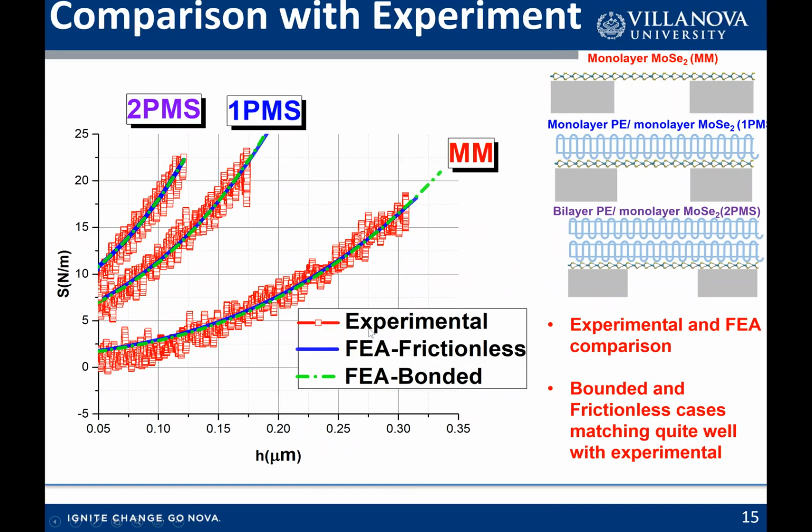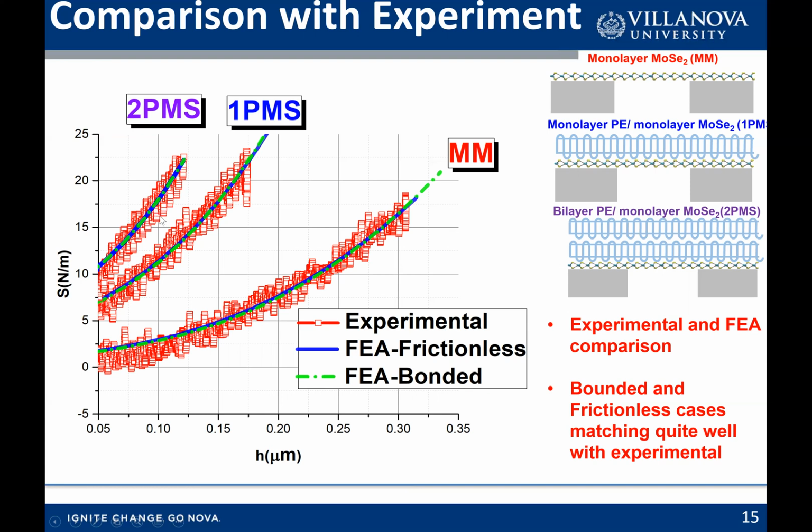So in the end, if we compare the experimental results with the FEA results, we can see the green curve is showing the FEA bonded condition and the blue one is showing the FEA frictionless for the three cases. So we have considered frictionless as well as bonded cases for all the three cases, 1PMS and 2PMS, and compared it with experimental data. So we can see these two bonded and frictionless cases are following each other quite uniformly,